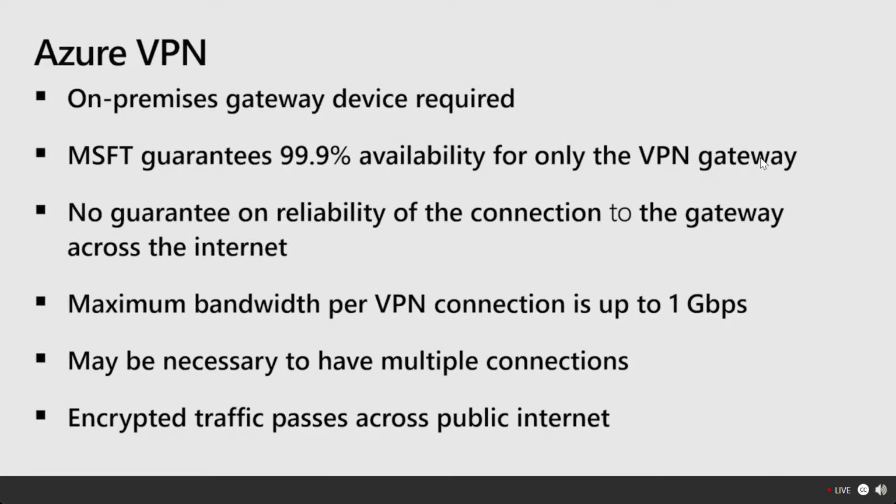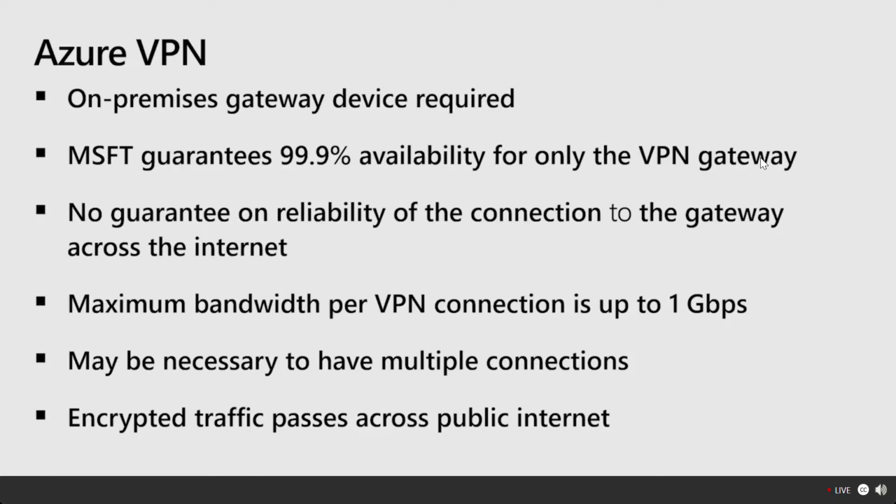That's just how networks work. The maximum bandwidth per VPN connection is up to 1 gigabit per second, and it may be necessary to have multiple connections depending on the size of your environments. With this VPN gateway, we have encrypted traffic passing across the public internet. So we're not creating any physical private connections, but we are doing end-to-end encryption on the traffic that's going across